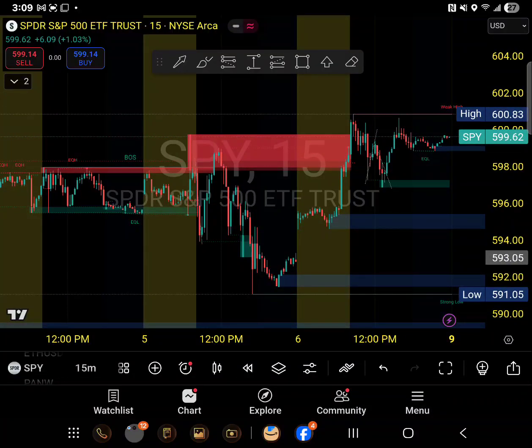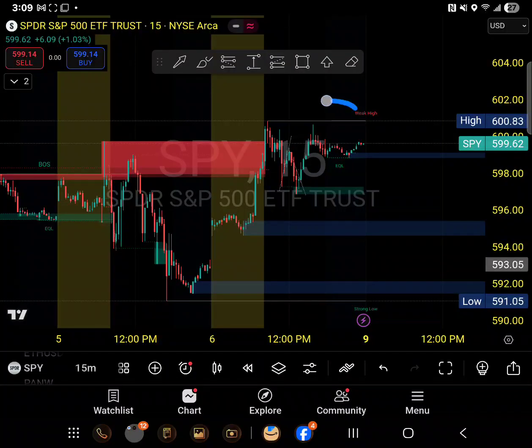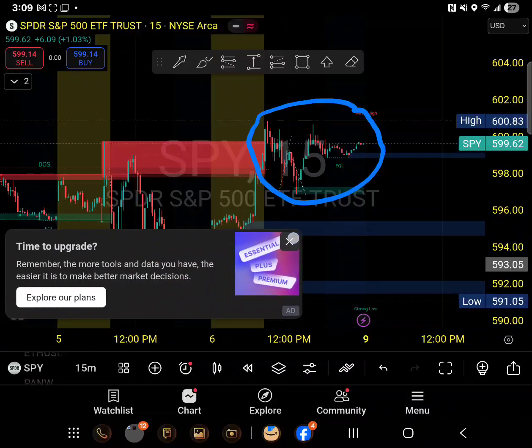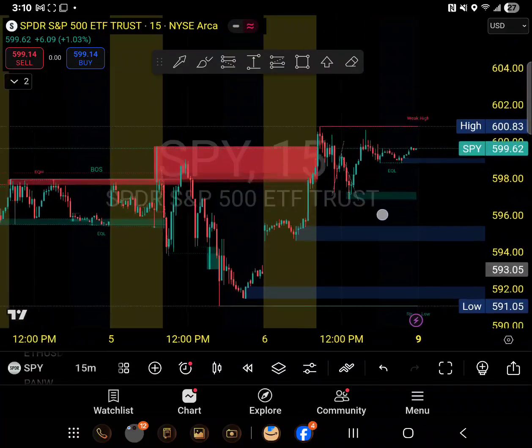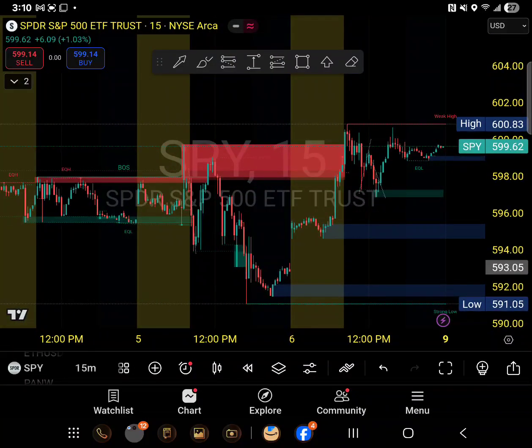So the first day, suppose this was the entire structure of Friday in 15 minutes, right? If I want to do trading on Friday, I am supposed to have some data in my mind. Okay, these are the highs of the market and these are the lows of the market, right? That is very important. So to draw that, first you need to figure out what exactly happened a day before.